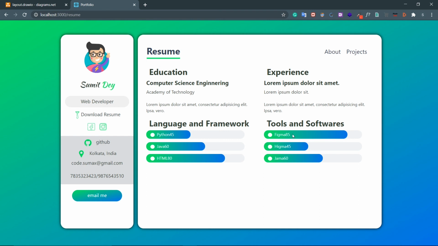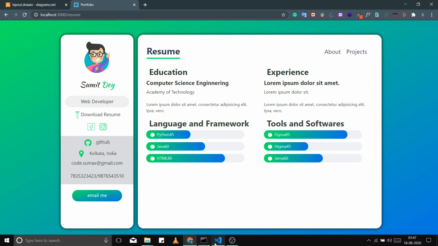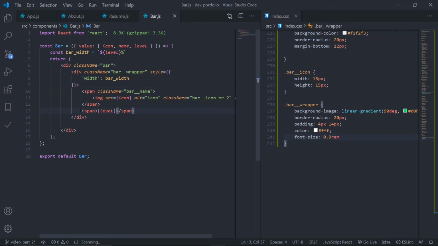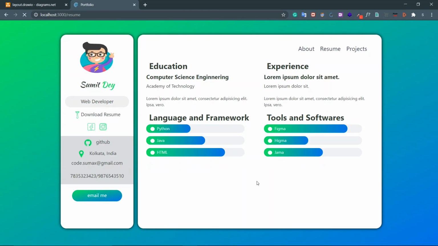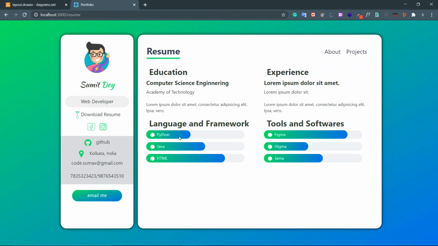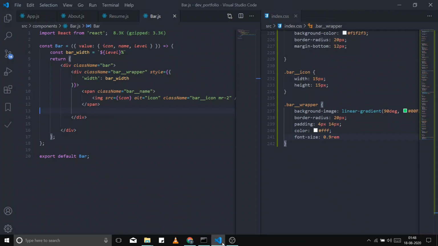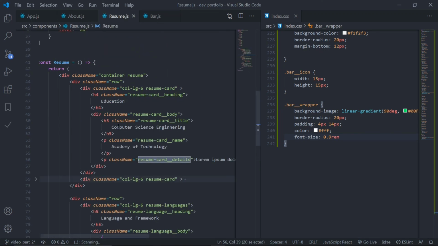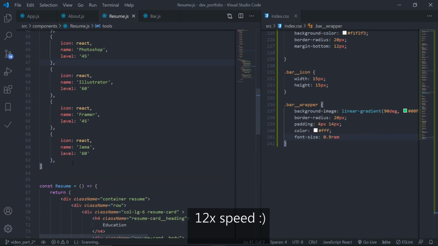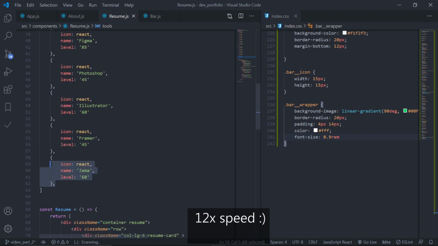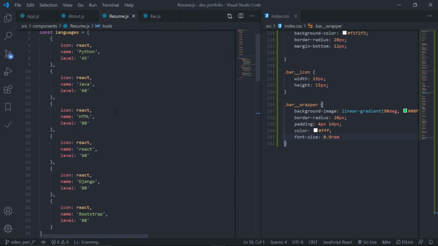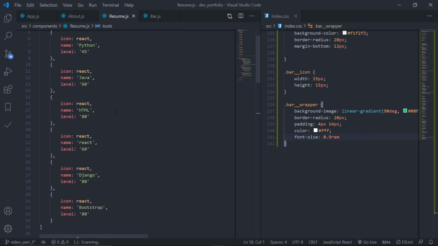And now we don't need this span tag, this 85, 45, 60, right? So we can just remove it from here. Fine. Okay, this is cool. And I need to tweak some CSS here, like I need to give it a margin bottom, I need to change this text, it looks ugly, and then I need to give some dummy bars. So in resume.js, I'll just put some dummy data here. Okay, so done. So I've changed the dummy data to some real data,